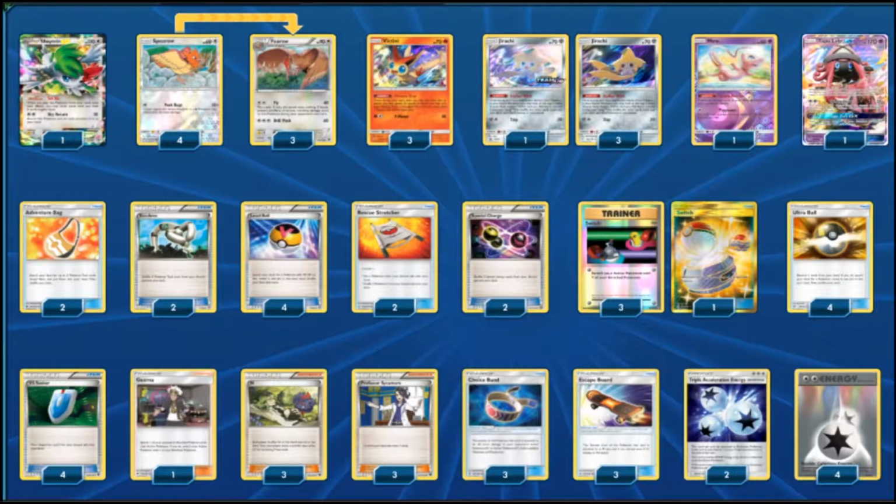We're playing 4 copies of Ultra Ball and 4 copies of Level Ball just to search out our Pokemon as consistently as possible. With the exception of Shaymin and Tapu Lele, Level Ball searches out everything in the deck, and Ultra Ball gets the 2 that Level Ball doesn't get, as well as everything that Level Ball gets. So it's just nice. 2 copies of Adventure Bag, allowing us to search out our tool cards when we need